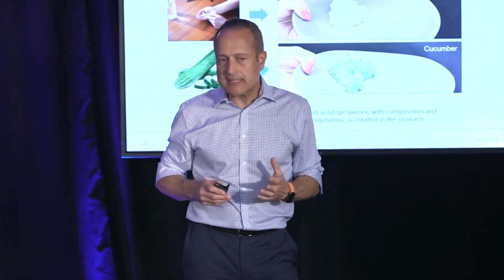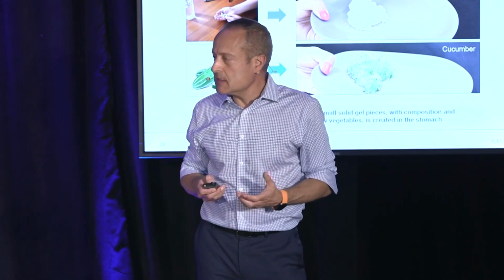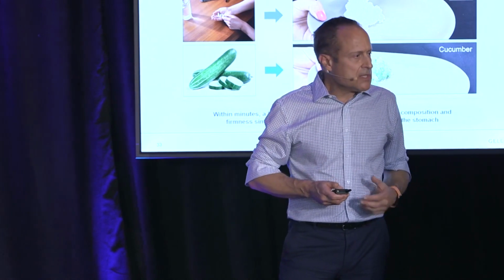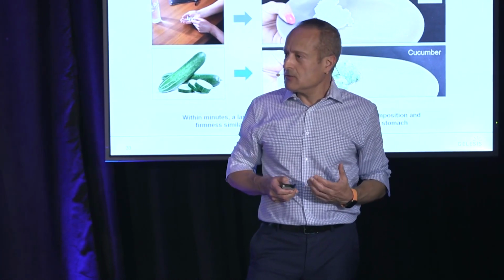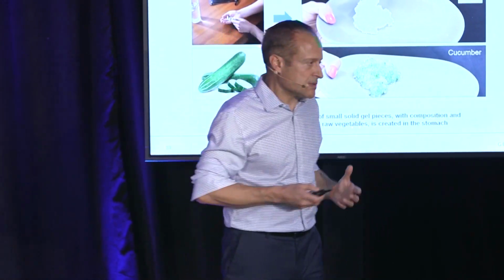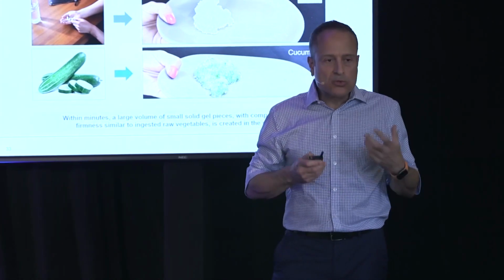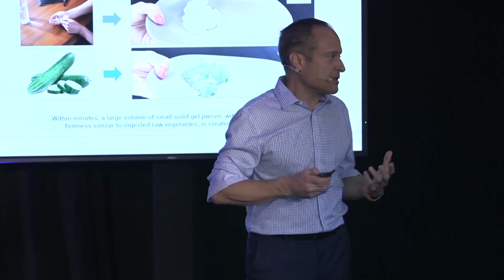The challenge from a material science perspective is that all super absorbent hydrogels known to science, at least before us, are based on acrylics, and they are highly toxic, and you definitely don't want to consume them on a daily basis. So what enables this breakthrough is the invention of the first and only super absorbent hydrogel, which is based on cellulose, which is also used as food fiber originated from plants, and can absorb 100 times its original volume in water, to create much larger volume, and therefore could be administered conveniently just in a capsule,